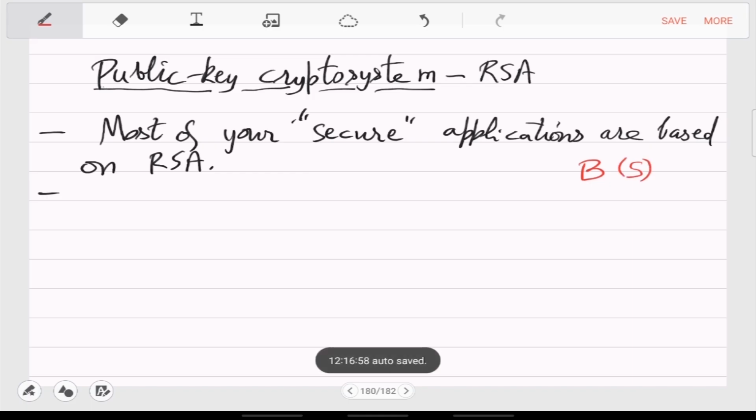So Bob, the bank basically wants to keep a secret which will never be shared with any customer. But still the bank wants the customers to communicate with the bank. So there is a message that Alice has, and she wants to send this in a secure way to the bank,